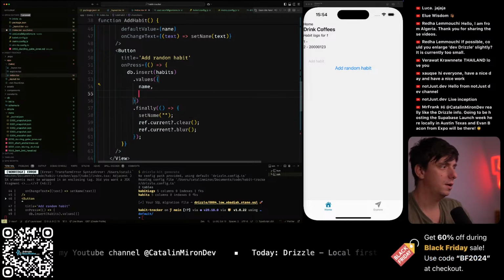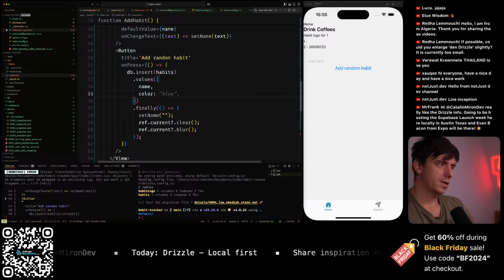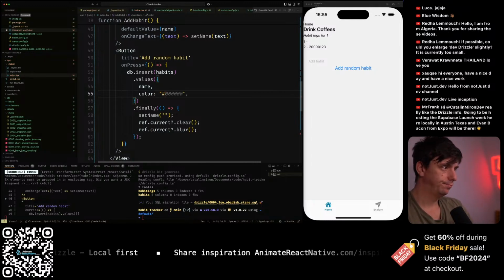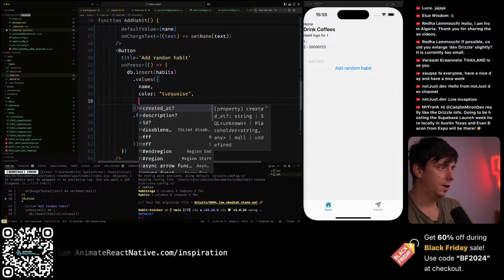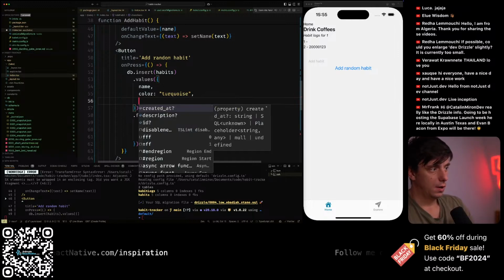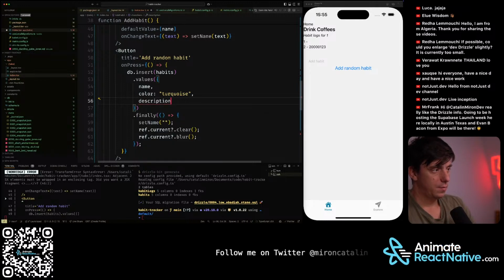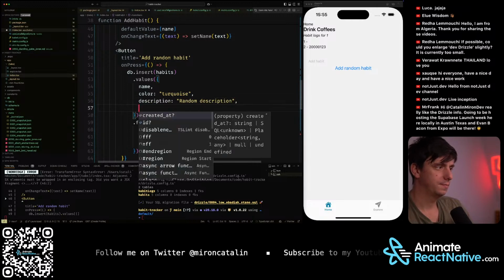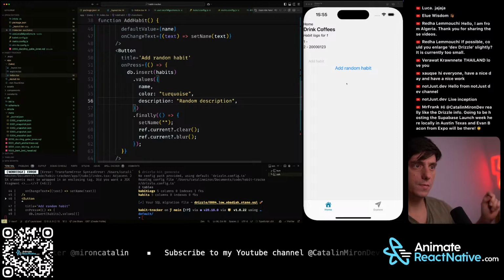And the name is going to be name. And what else do we need? Color. Let's add maybe turquoise, and a description. I'll not add random description, and an ID. I don't need it, an ID. Okay, so now if I